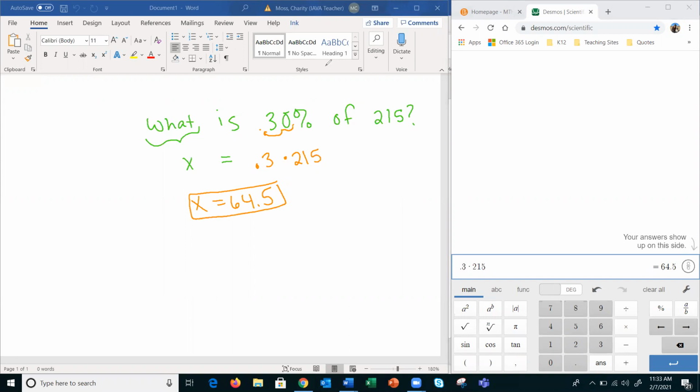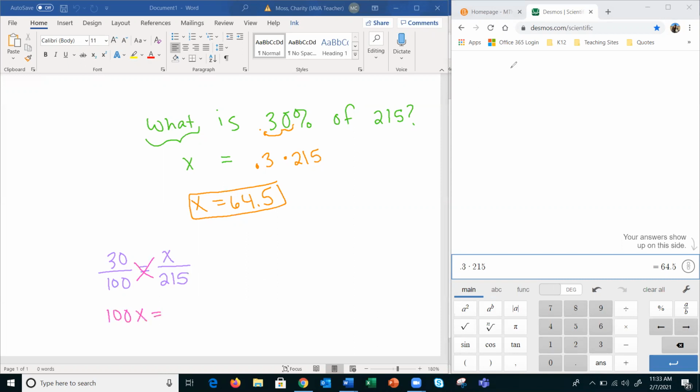If you're not a fan of the equation concept, that's fine. You don't have to be. If you remember that percentages are always related to that concept of 100, so 30 over 100 would represent your percent, and they want to know what is 30%. When you set up your proportion, our x would align with the 30, and then your total would align with the 100%, which is 215 in this case. Once you set up that proportion, you just cross multiply. So you get 100x equals